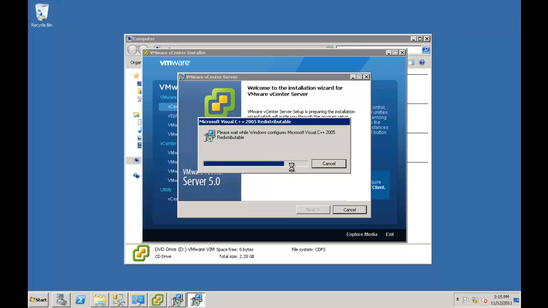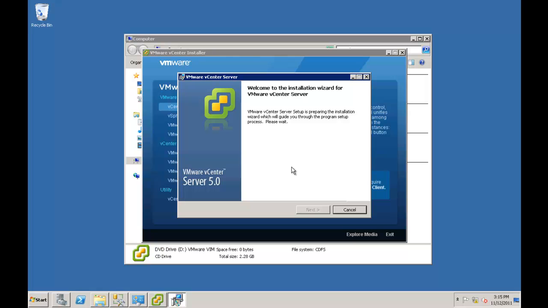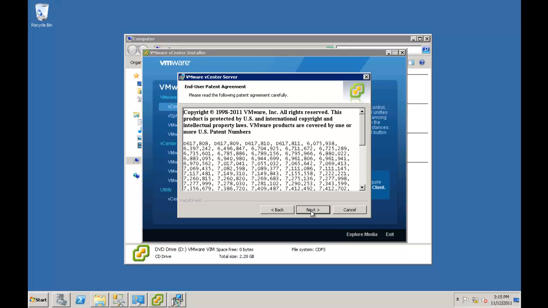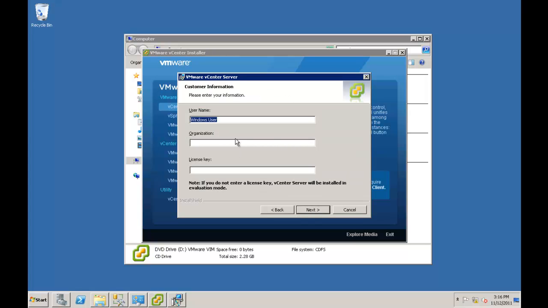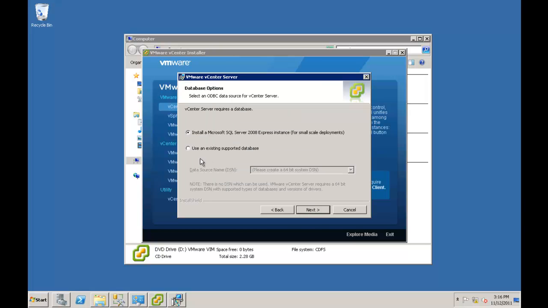Okay, let's get everything installed. And we'll just call it demo. And we're going to use our own database again. We called it vCenter5, and we'll connect to